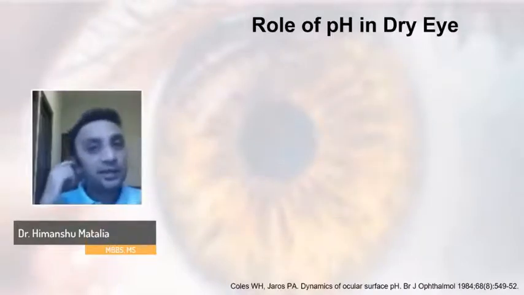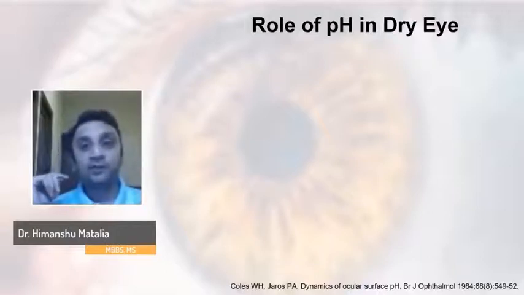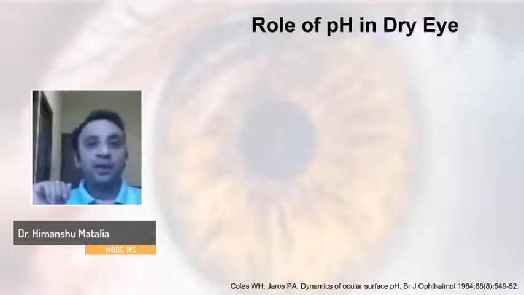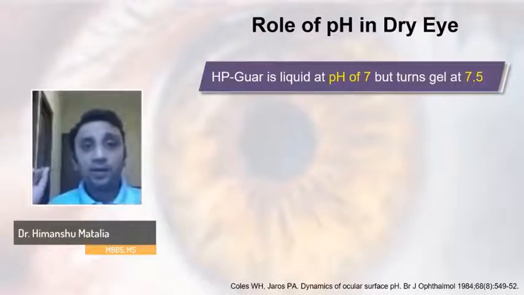As I discussed earlier, pH also decides the ocular surface residence time, effectiveness, or the viscosity of the drop. Now, something like HPGR, which is an integral part of the viscosity of Cysteine Ultra, is liquid when the pH is acidic,